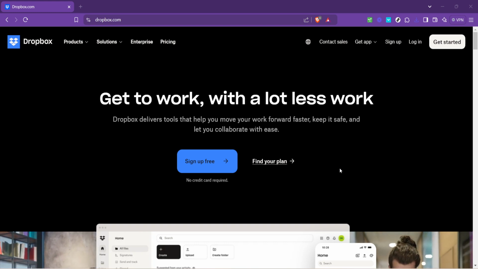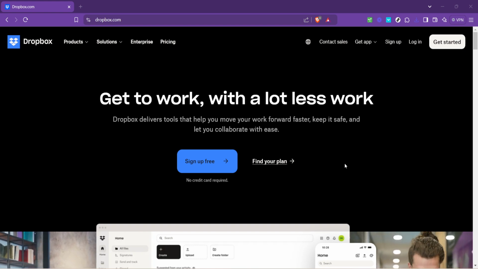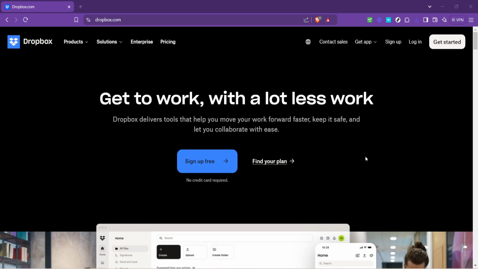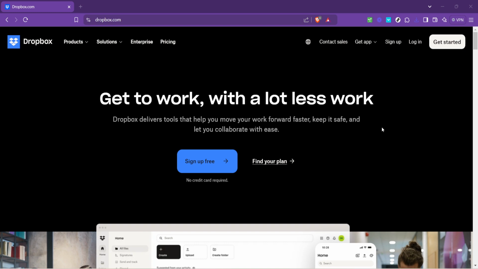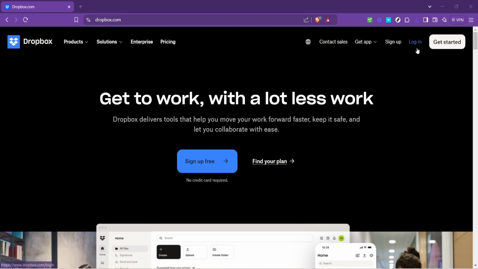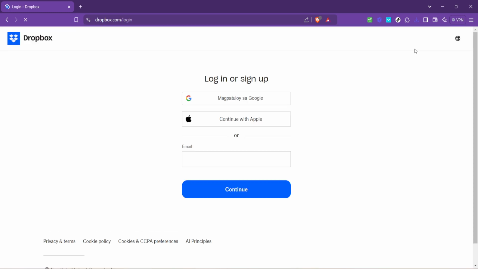First things first, you'll need to navigate to Dropbox.com. It's where all the magic begins. With a sleek interface and straightforward navigation, Dropbox.com is your gateway to accessing and managing your files securely in the cloud. Once you're on the site, look for the Login button. This might seem like a simple step, but ensuring you're securely logged into your account is crucial for accessing your files and keeping them safe.